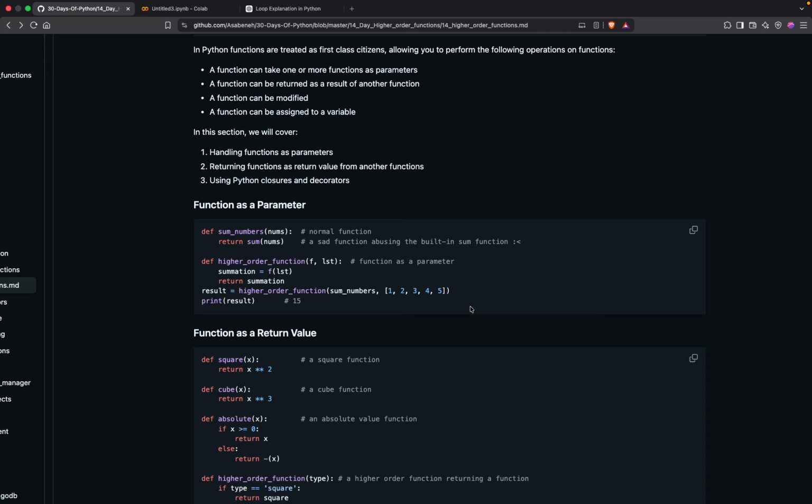A function can be returned as a result of another function. So here we are saying that